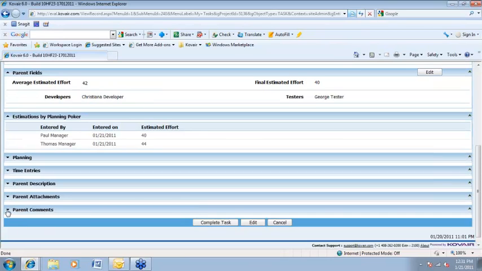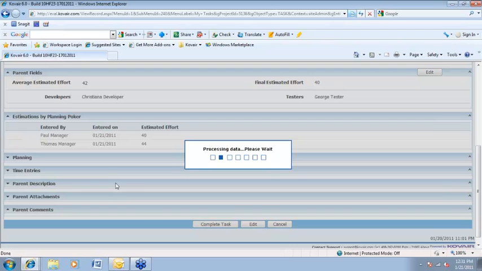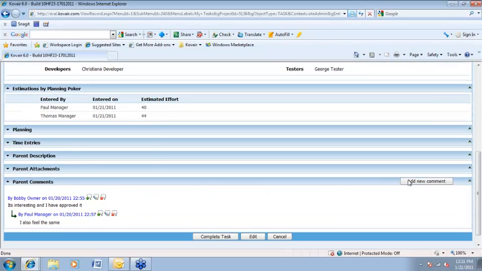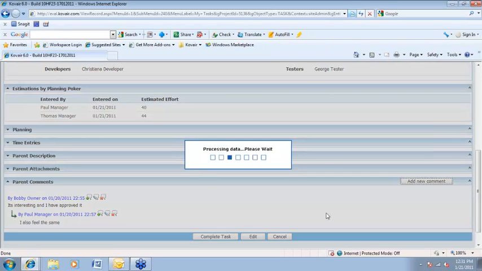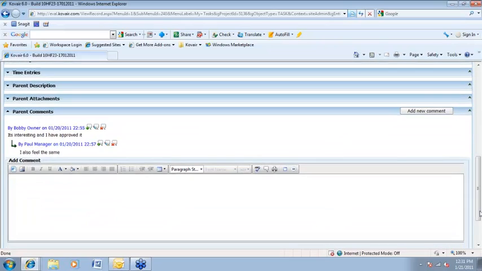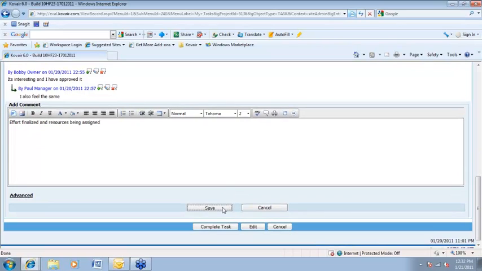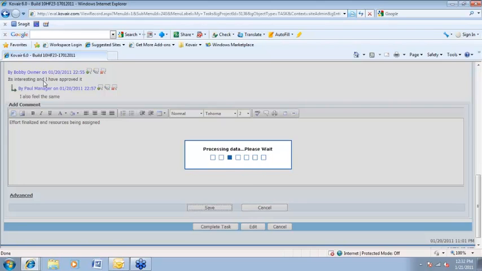So here, Tom can also very well view the comments provided by the other users who have already provided their comments. And let's say Tom also adds a new comment saying, resource being assigned, and let's move forward with implementation. So comments provided, saved, and you can very well see that the chain of comments provided by the different stakeholders